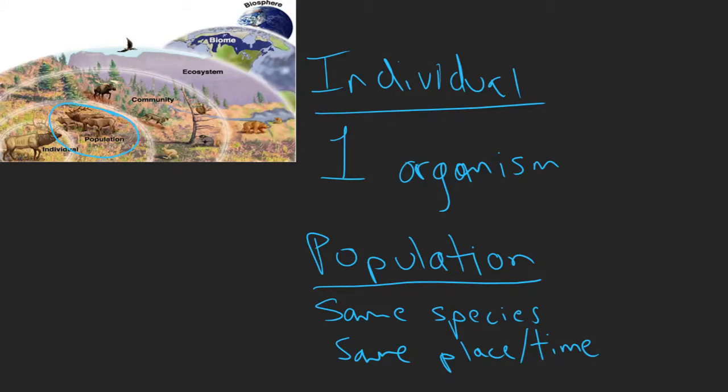Moving on, when you look at an area, you're not likely to see just one population. You're likely to see many populations interacting with one another. So here we have a moose who's representative of his population, and here we have what appears to be a mountain lion or something. I can't really tell.